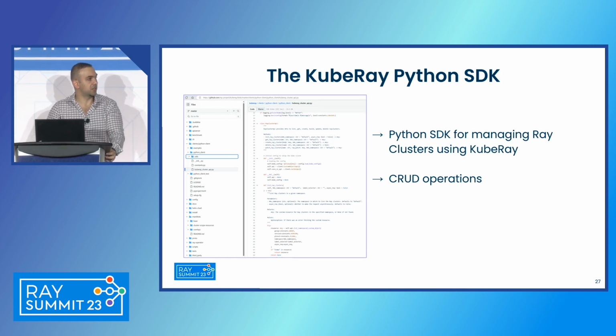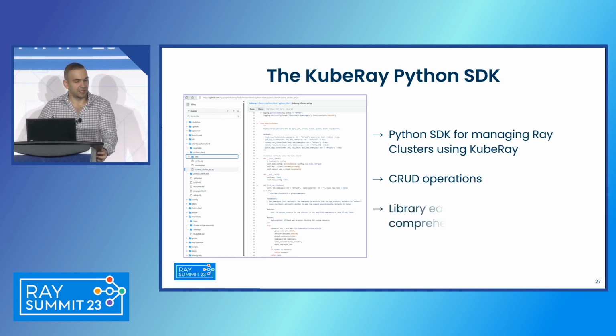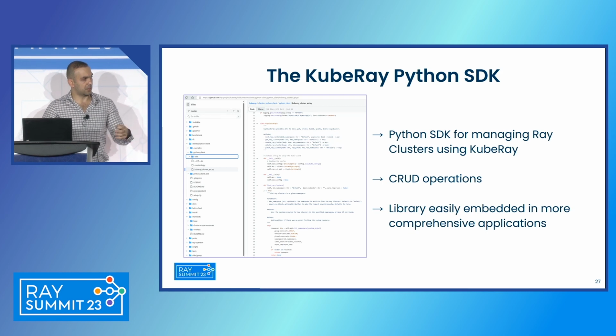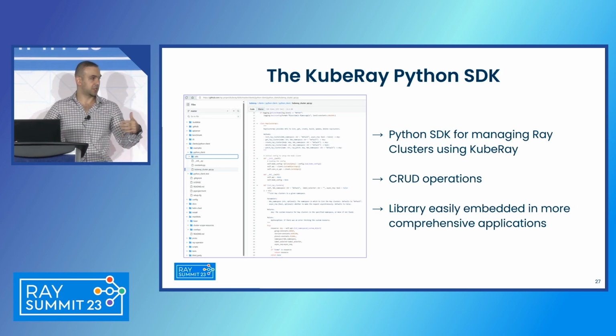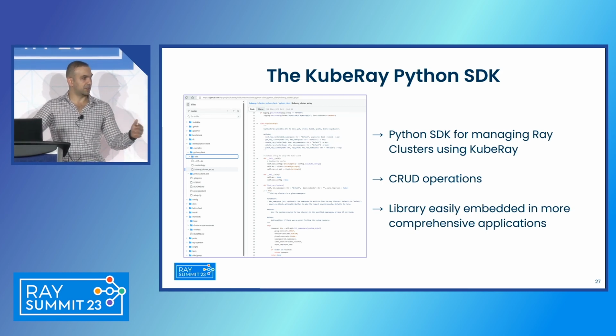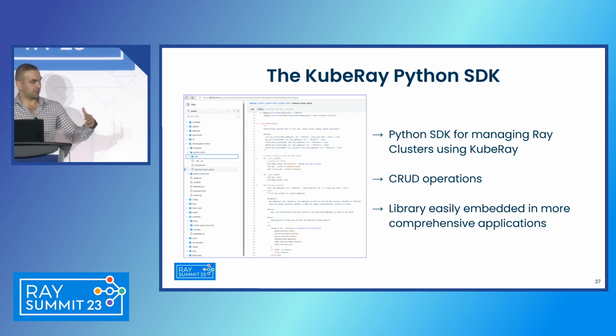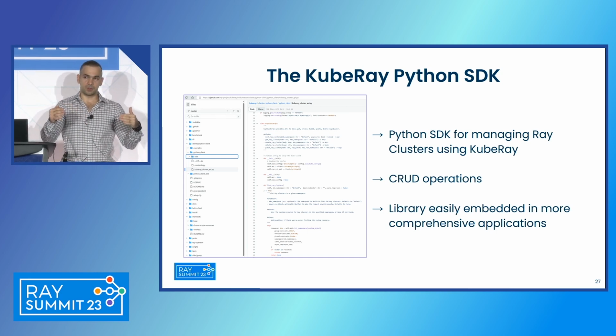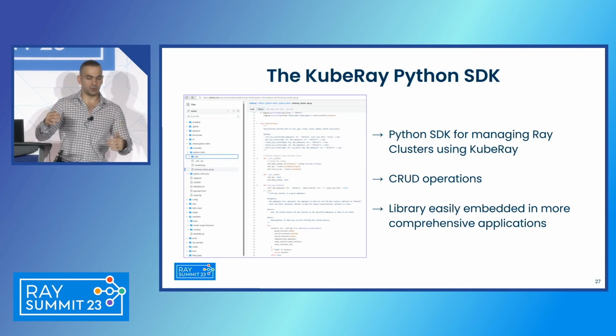It does CRUD operations: create, read, update, delete. And it can easily be embedded into your own application. And when I say it can be embedded into your own application, imagine you're writing a Python application that's doing some machine learning. You can use this library. Your Python application is now running inside a Ray cluster. You can use this library to spin up more workers, to update those workers, to replicate or duplicate those workers,